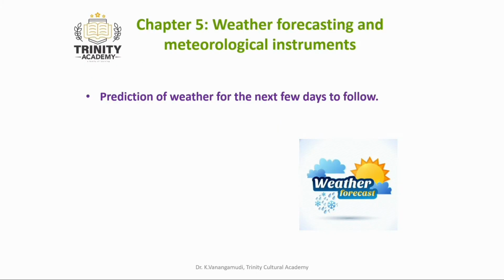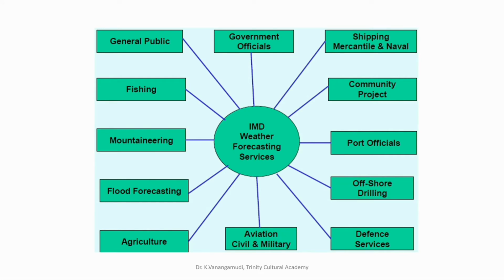Let us now discuss weather forecasting and meteorological instruments. The exact meaning of weather forecasting is prediction of weather for the next few days to follow up. Weather forecasting services are given by Indian Meteorological Department. Weather forecast is more useful for agriculture, general public and fishing, followed by government officials, shipping, mercantile and naval,